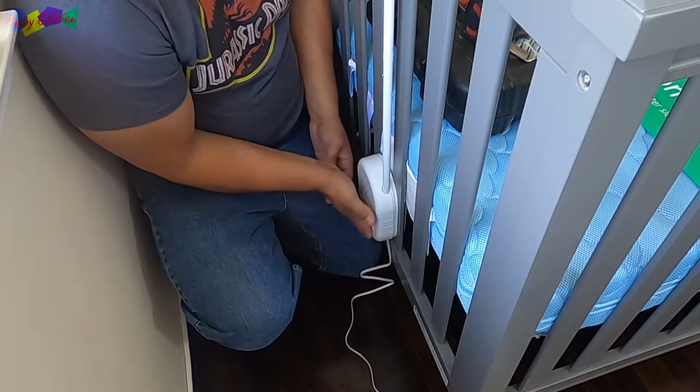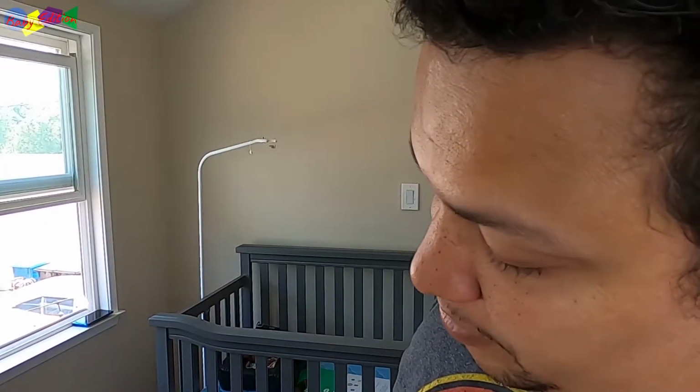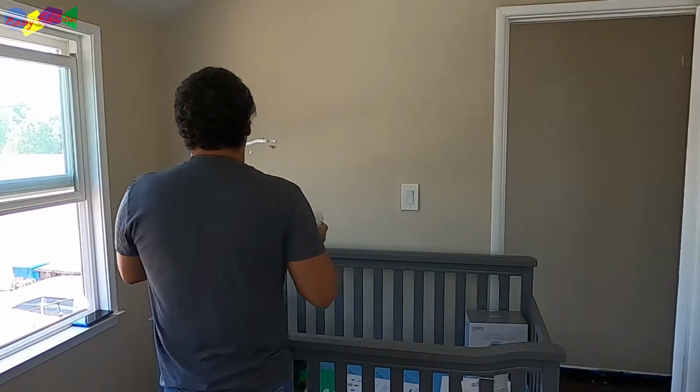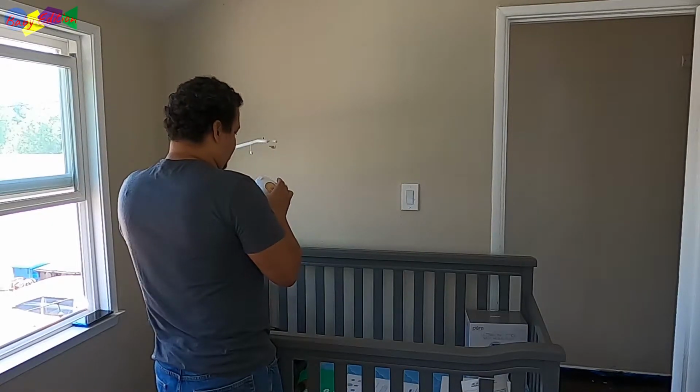Okay, so this guy literally has a Type-C port, plug right in. So it looks like it's just that simple. I just don't know if there's like a special